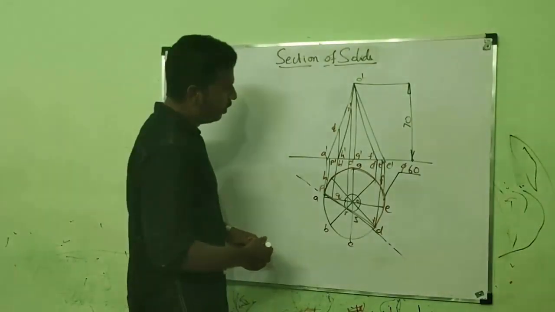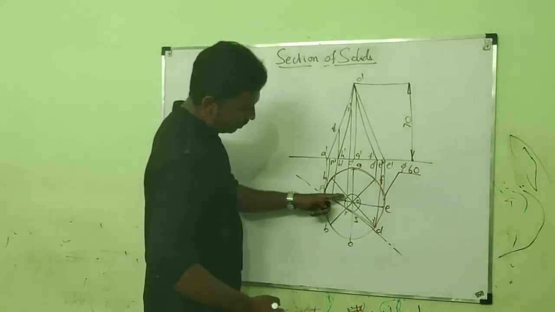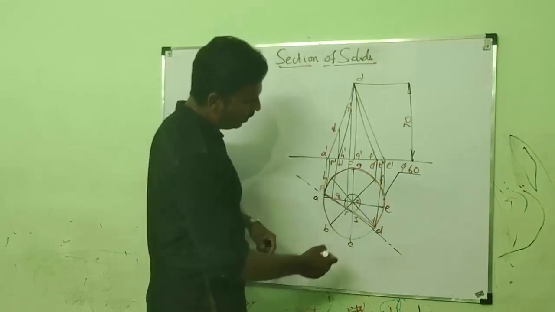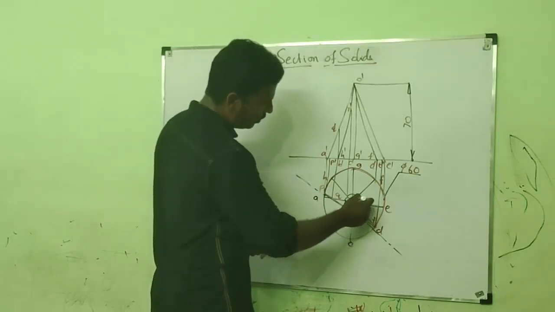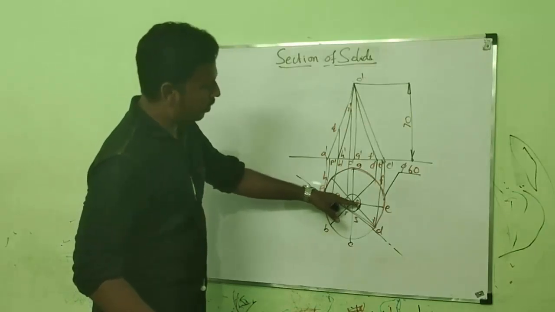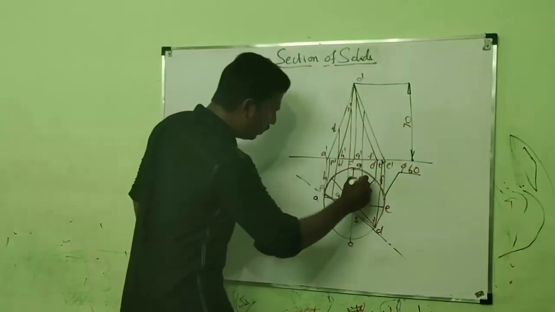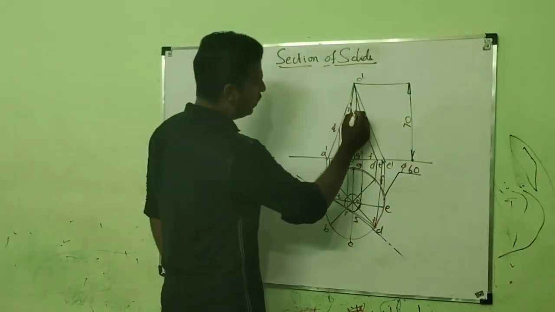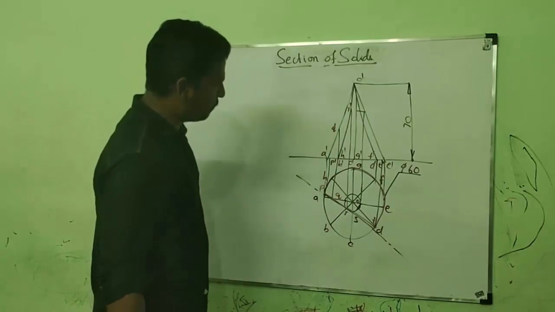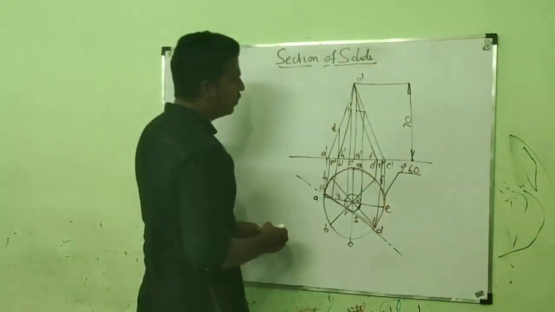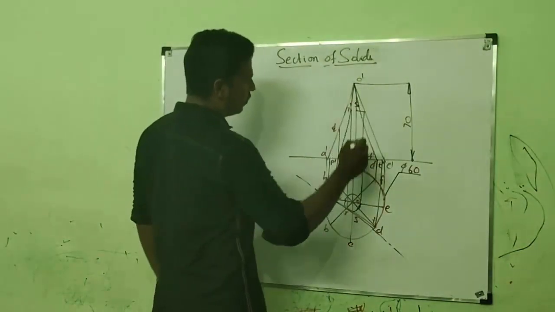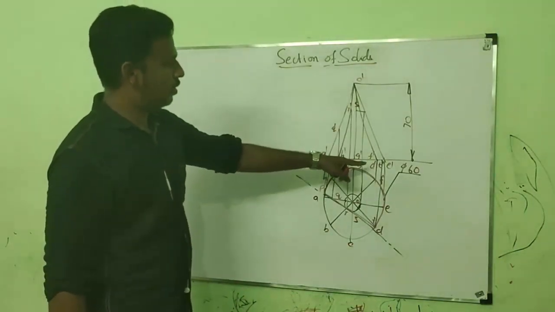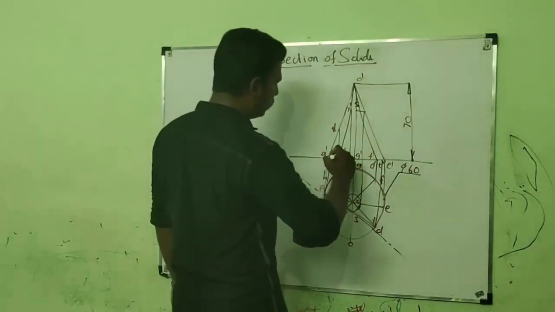I am rotating the point and transferring that point S. Actually the point S is on OC. Now I am transferring the point to OE by rotating this line. Then I am transferring the point to the OE in the front view. Then from the OE, I am transferring the point to its original edge, that is OC. It is here. So this is the point S. So now we got the points P, Q, R, S, T. Let us connect those points.